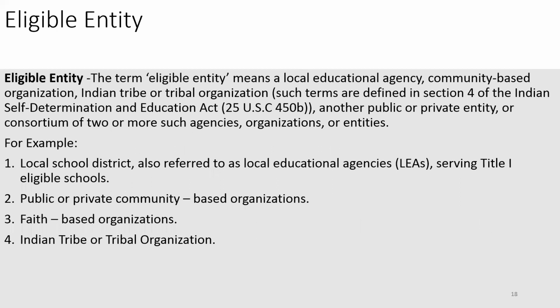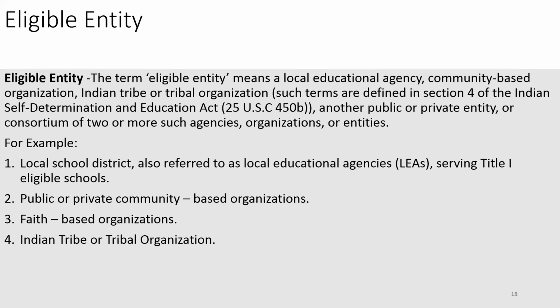So, eligible entity. This is an area that we typically get the most questions about, so I'll try to explain as best as I can. The eligible entity term, this whole slide right here, is also straight out of Title IV Part B ESSA. It means a local education agency, an LEA and/or school district, a community-based organization, Indian tribe or tribal organization,